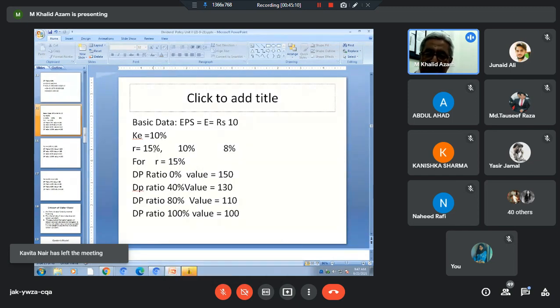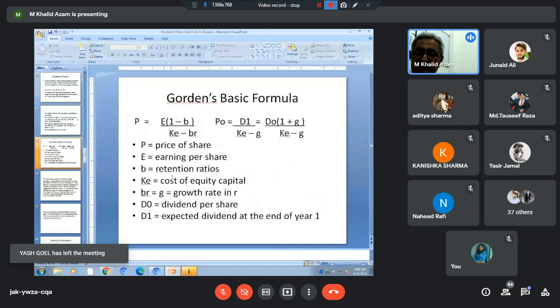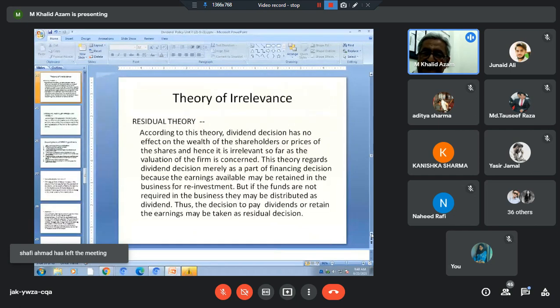So for example, rate of return is 10%, rate of return is 15%, cost of equity 10%, DP ratio 0, value is more. You will find a similar result when you apply this Gordon formula in the case of the growth firm, normal firm, and the declining firm. So these are the calculations. We will be coming to the theory of